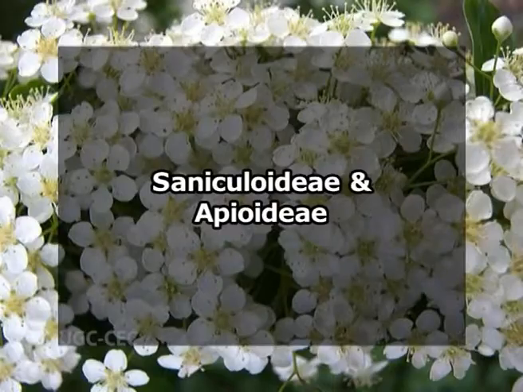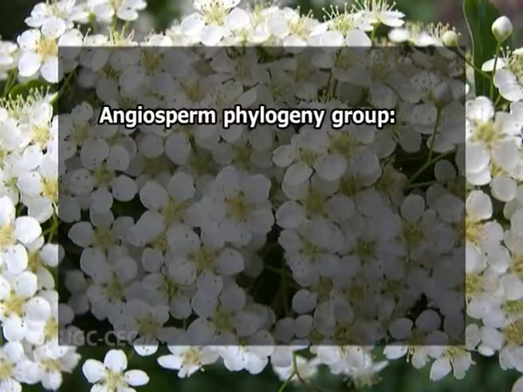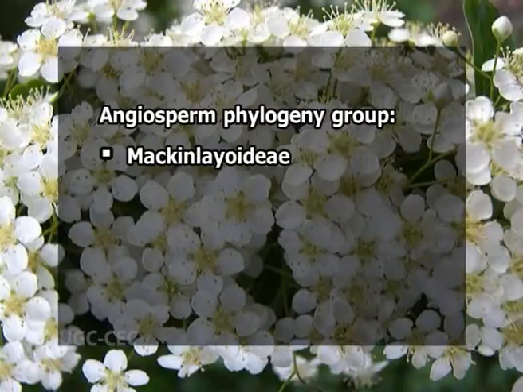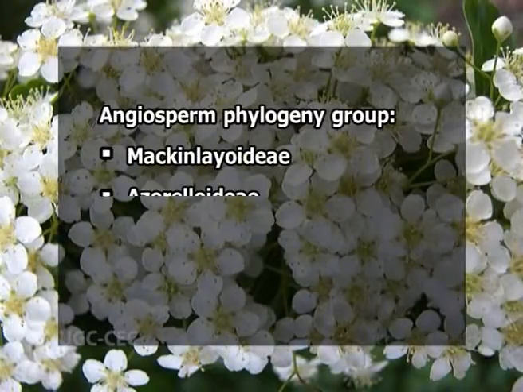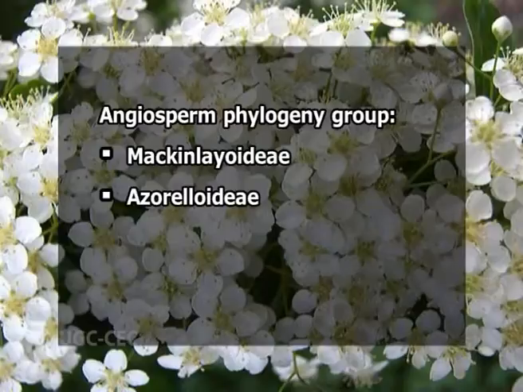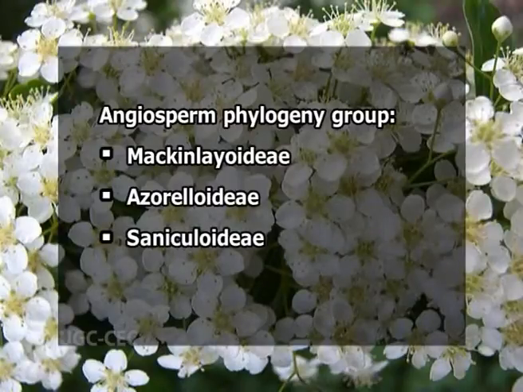The majority of the workers place these two genera under Apiaceae on the basis of DNA sequence data, although these genera are believed to be basal to the two subclades, the earlier subfamilies Saniculoideae and Apioideae together. Recently, the Angiosperm Phylogeny Group has recognized Mackinlayaceae as a subfamily Mackinlayoideae under the family Apiaceae and has added one more subfamily, Azorelloideae. Thus, in all, they have recognized 4 subfamilies: number 1, Mackinlayoideae, number 2, Azorelloideae, and the other 2 being already mentioned, Saniculoideae and Apioideae.